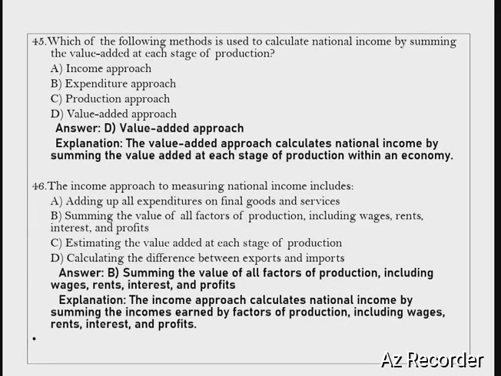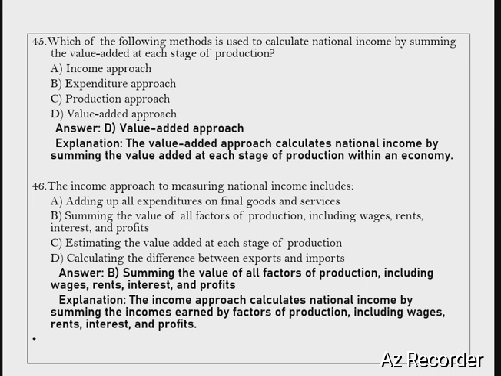in the production process. Next question: which of the following methods is used to calculate national income by summing the value added at each stage of production? Option A is income approach. Option B expenditure approach. Option C production approach and option D is value added approach. Correct answer is option D. Explanation: the value added approach calculates national income by summing the value added at each stage of production within